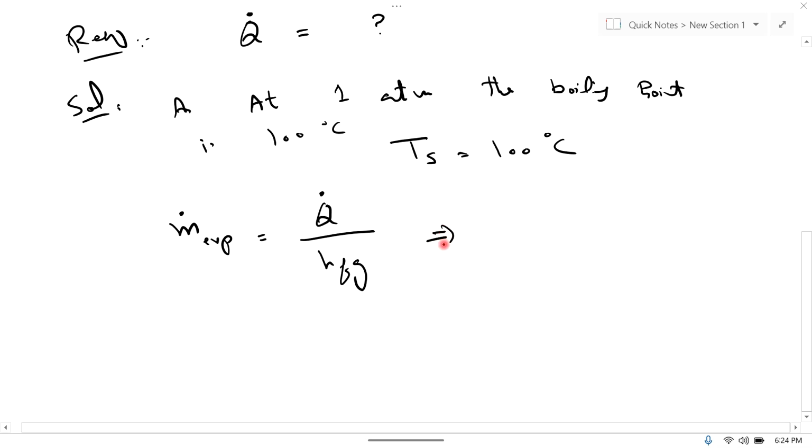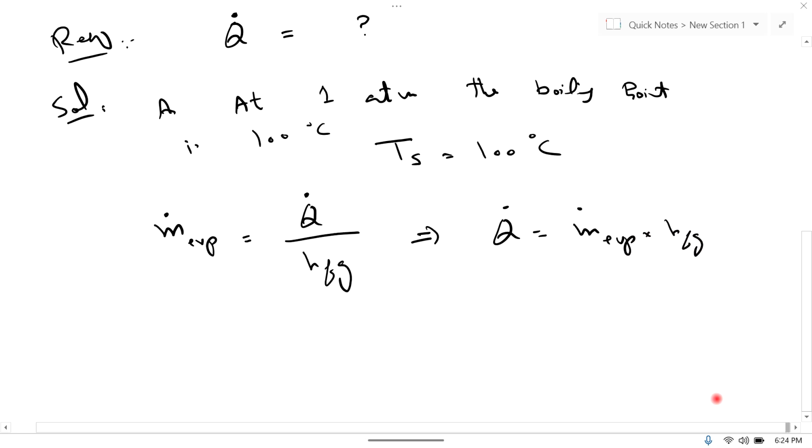So Q dot is equal to m dot evaporation multiplied by hfg. First we will find hfg and m dot of evaporation. hfg is basically the latent heat of vaporization. So for hfg we will use the steam table, and for